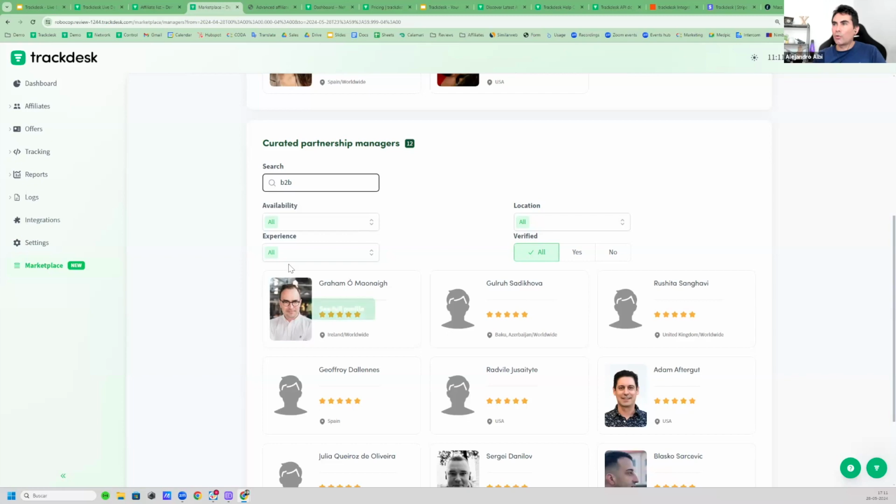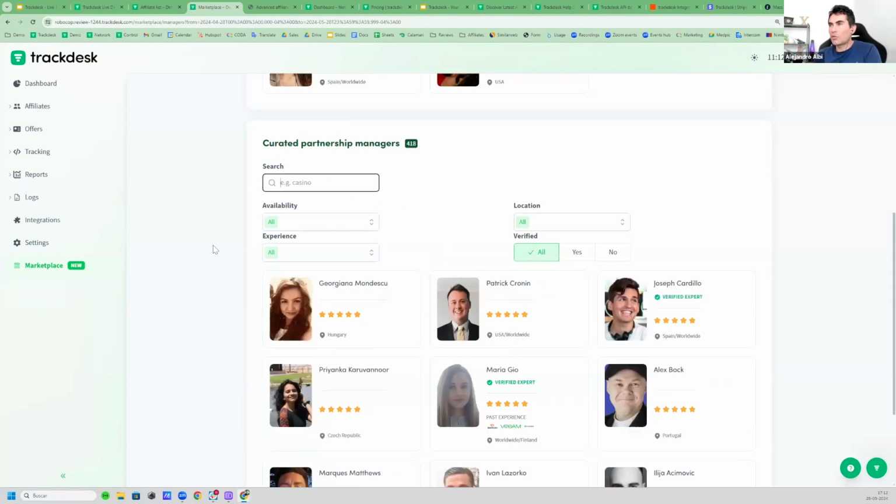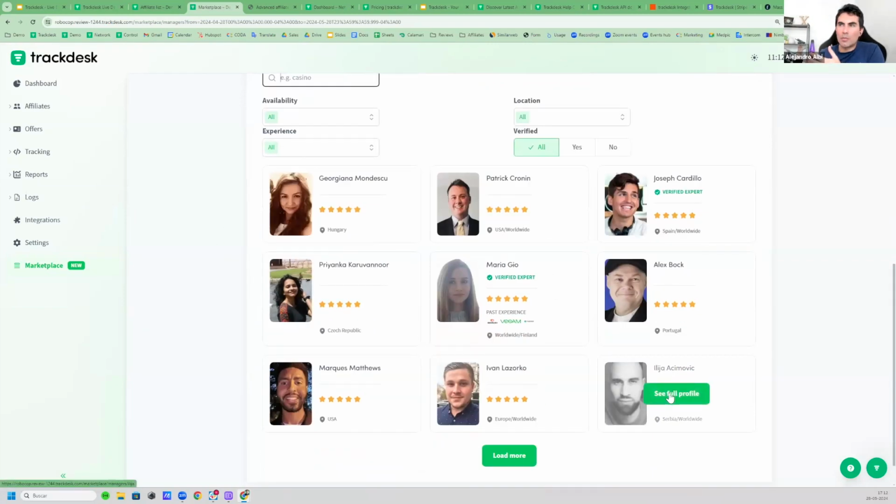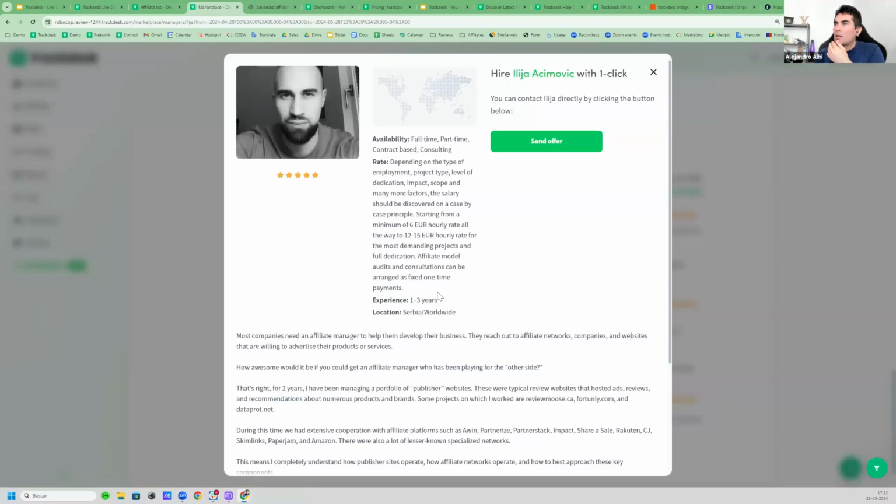Okay, I have 12 people who are experts in B2B. I want to work, for example, part-time with them. I want them to have 10 years of experience. I want them to be located in X location. So with this, you can apply different filters, and basically you have access to this marketplace and potentially contact some